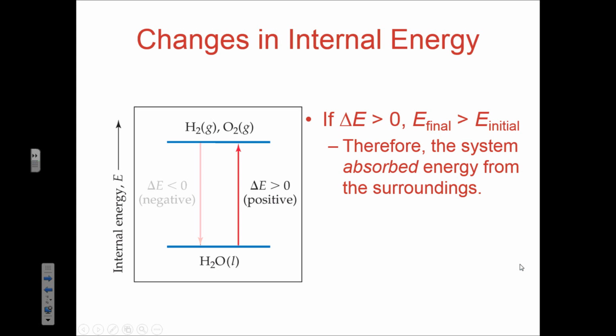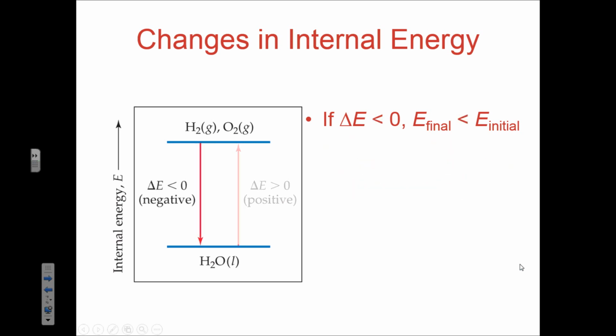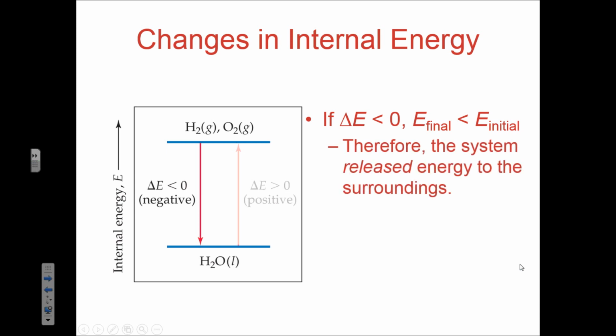So this is a gain of energy from the system's point of view. On the flip side, if the internal energy is less than 0, that must mean that final was less than initial, and therefore the system released energy to the surroundings. And over here, you're looking at